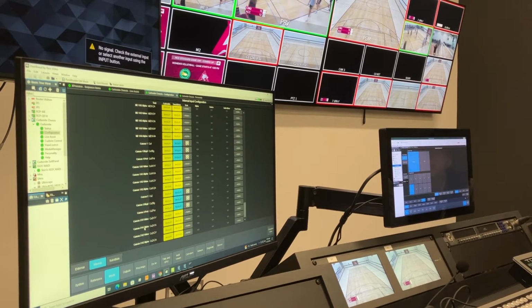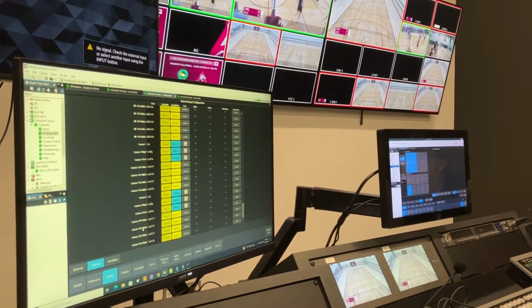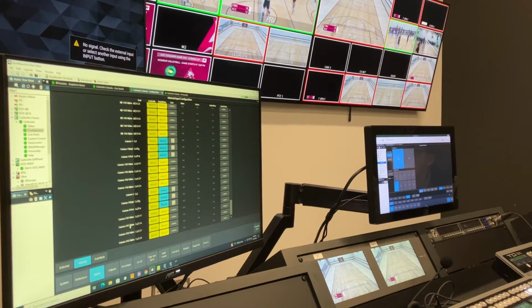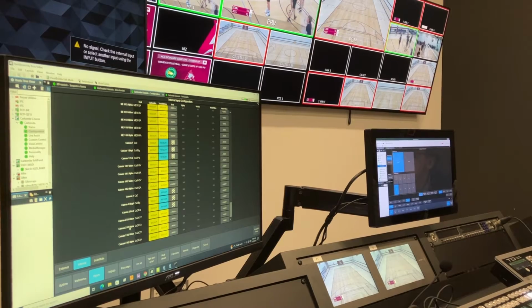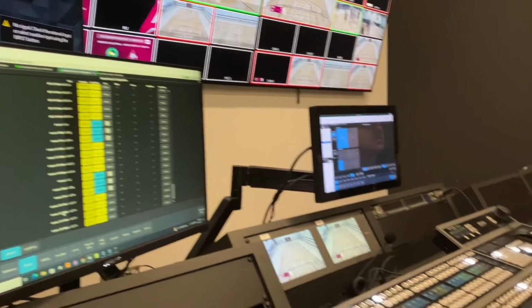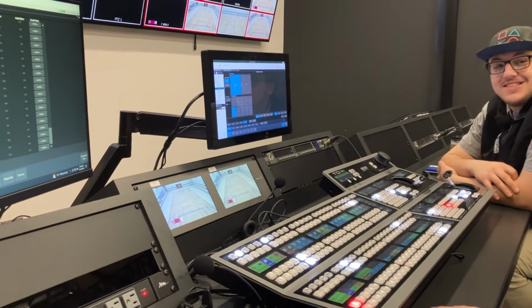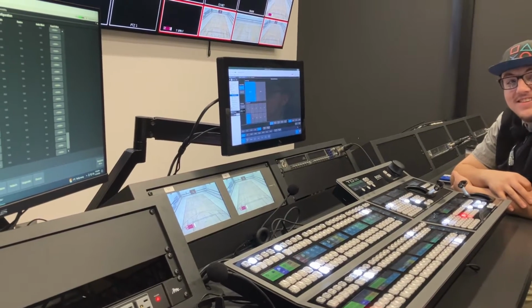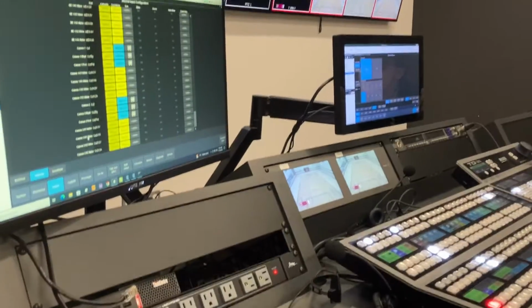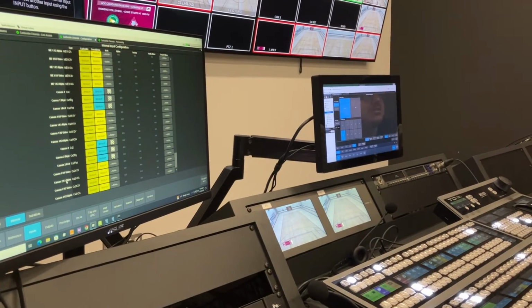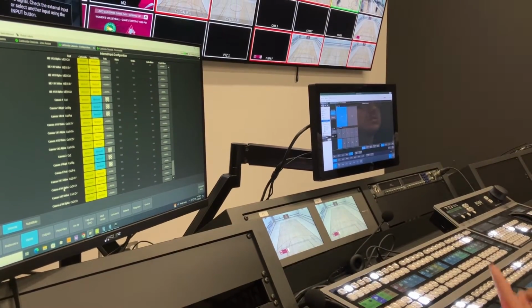I've been a left to right guy for a very, very long time. It is hard for me to swap program and preview. I've seen it that way for 30 years. Changing my mind now, I'm a little bit older than you guys. You might be able to make the switch, but I don't know that I can. Anyway, I would have multi-viewers up above, 1 in the middle, and then 1 down low, and then these decks